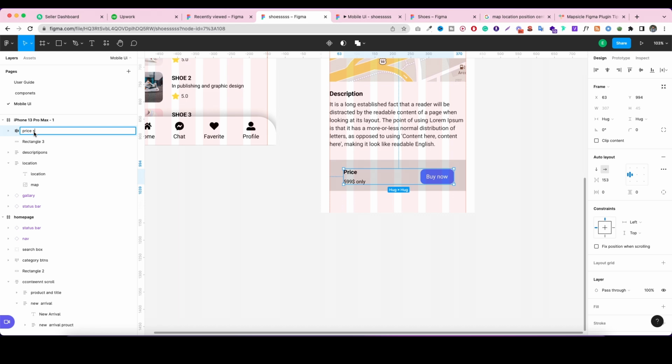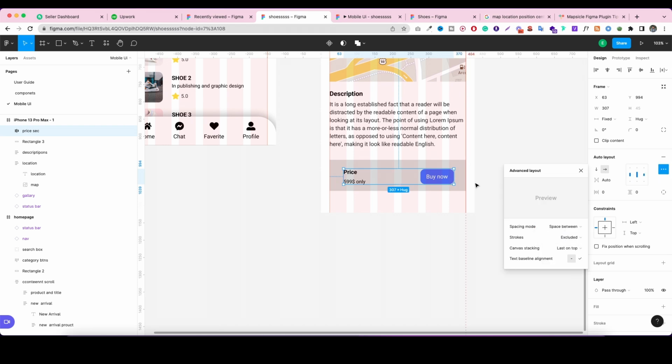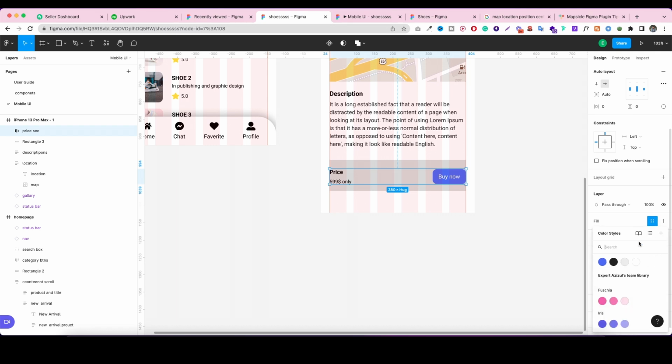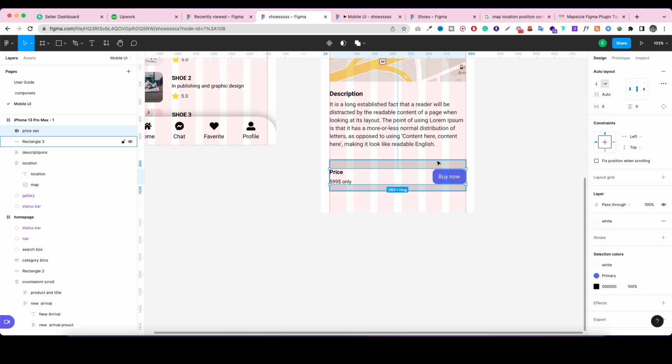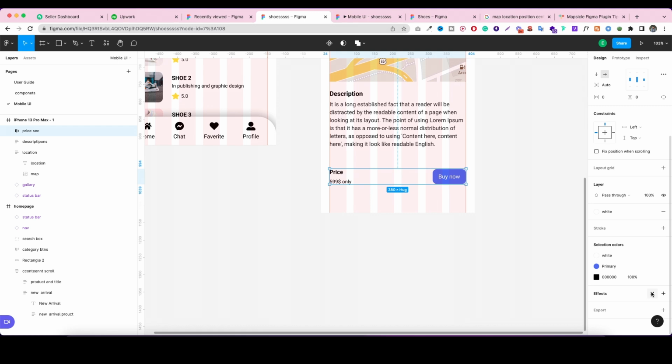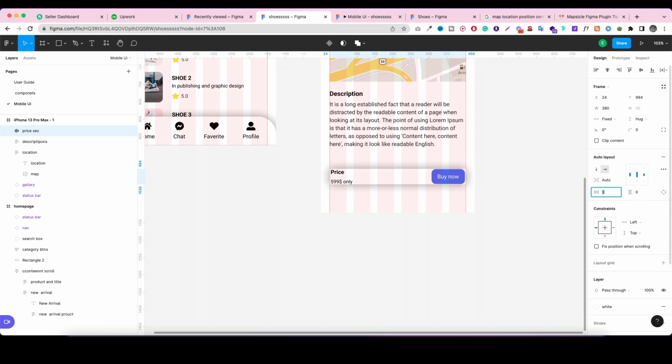Price. And now I'm just going to make it space between, and this will be like this. Okay, and now we have to just put in a background color or fill color. It's going to be the white color, and I'm just going to remove it. We get a white background color, but we have to add a little bit of effect so that it's visible. It looks visible. And now we have to just make it like this, as you can see,